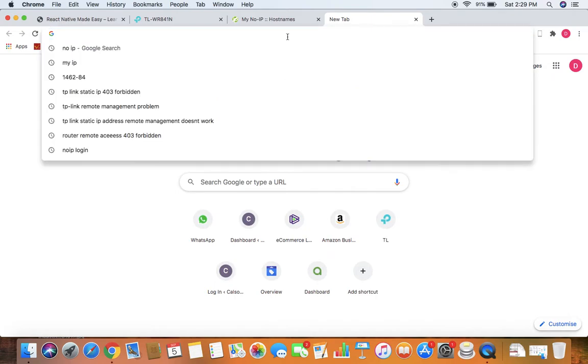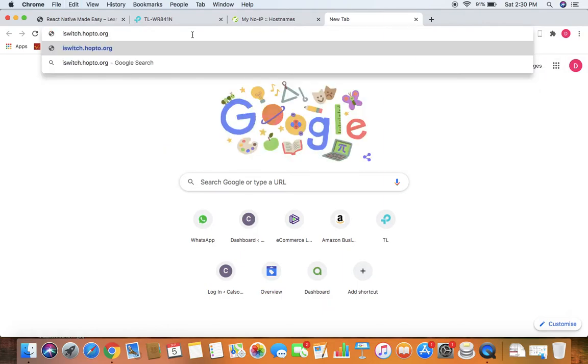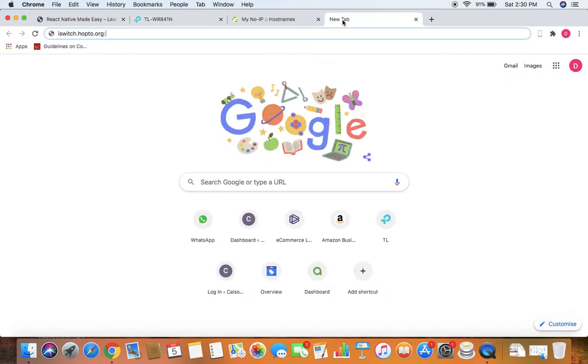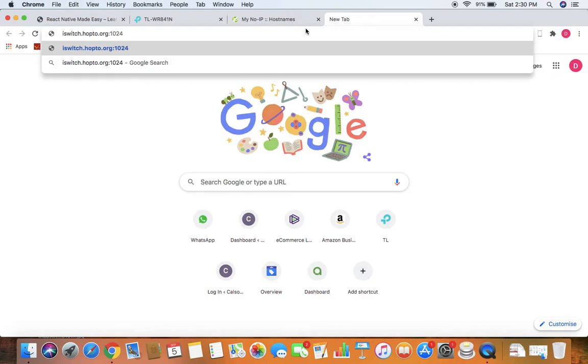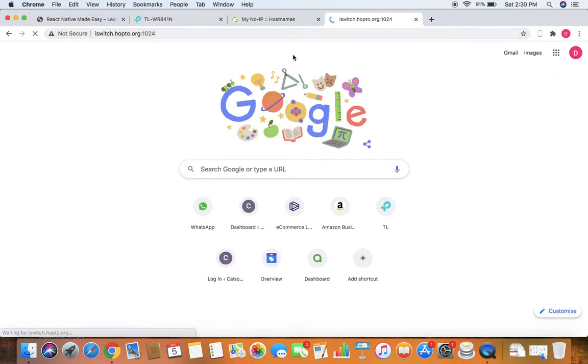Okay, now I'm connected to another network. Now I will use the domain name that I have and the port number. The port number was 1024.